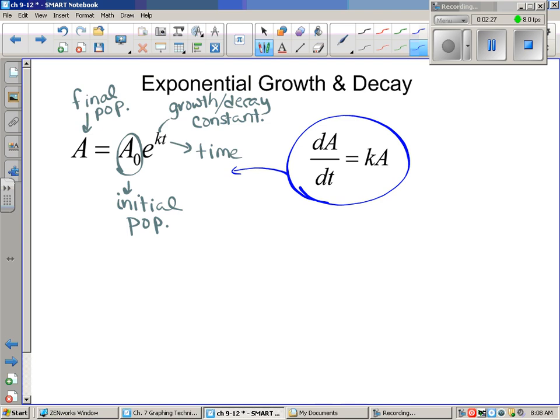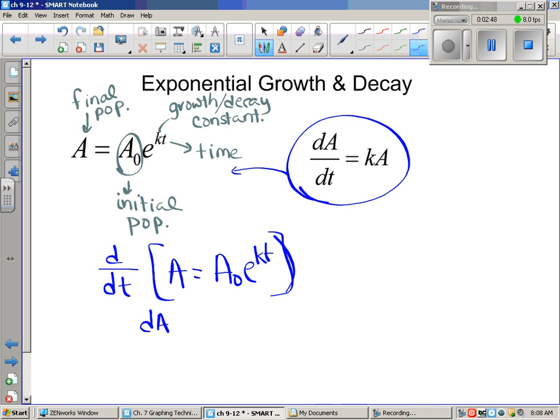Well, the first thing I want you to recognize is that it is, in fact, writing it as the derivative with respect to time. So just to prove it to you, I'm going to take the derivative with respect to time of our equation, A equals A naught e to the kt. Oops, I should have bracketed. Okay, so what does that look like? That means the derivative, to start, would be the derivative of A with respect to t equals,